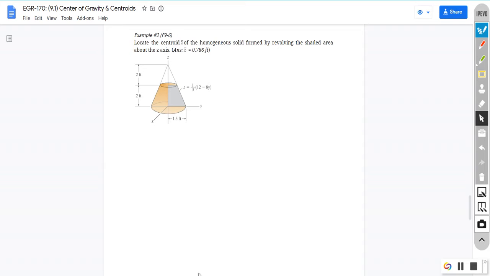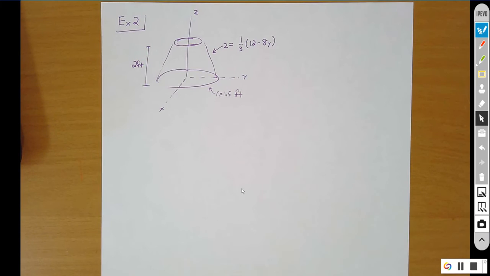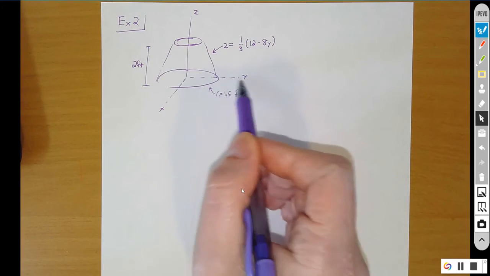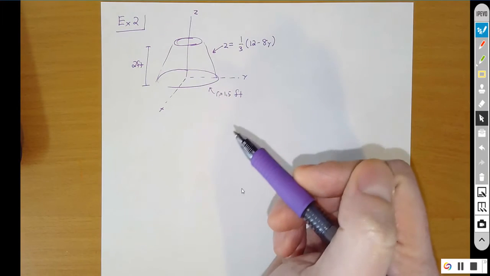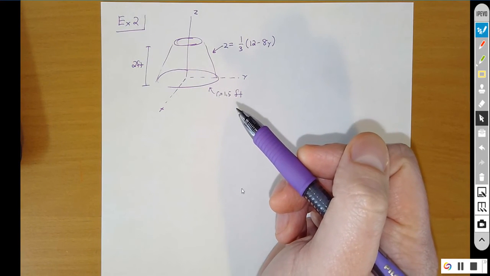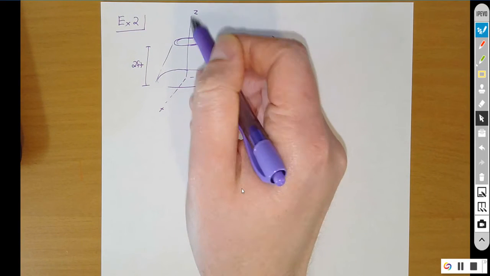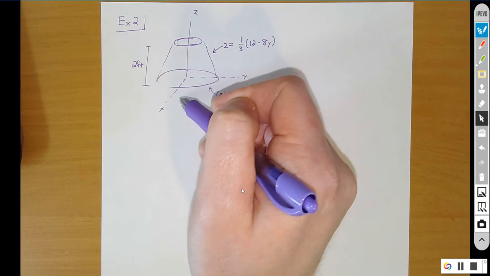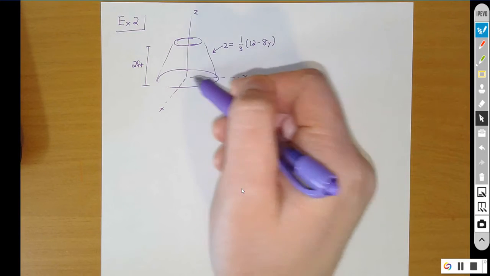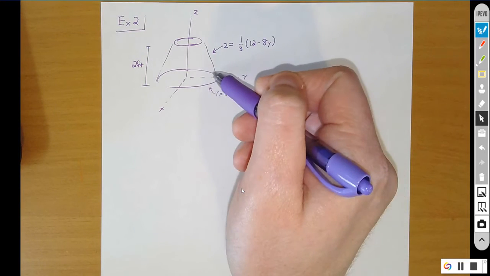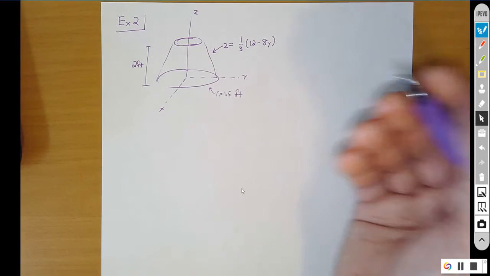Alright, so over to the visualizer. This shape, which I've redrawn here, is symmetric about this xz plane and this yz plane. Anytime you have symmetry, your centroid will lie at 0. If I slice it using this yz plane, the left half and the right half will be balanced, so in the y direction it's 0. Same thing if I slice it with the xz plane, the back half and the front half are the same, which means the centroid in the x direction is 0. So the only thing we need to find in this